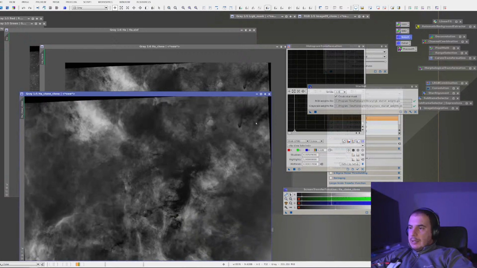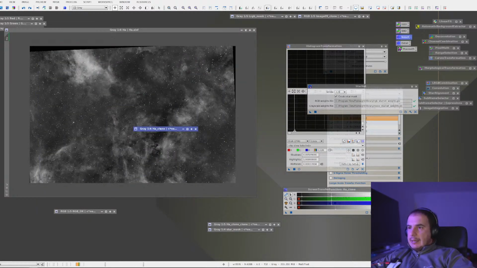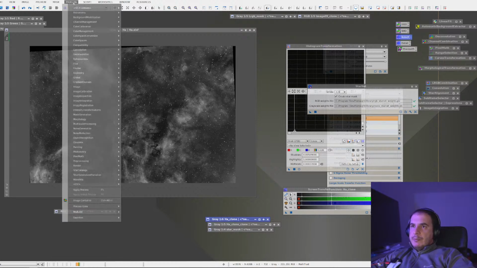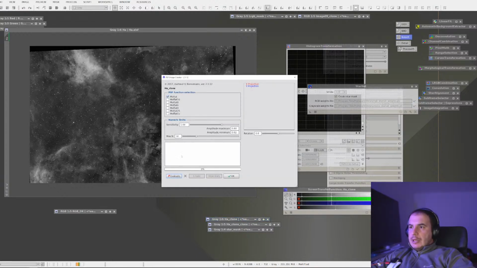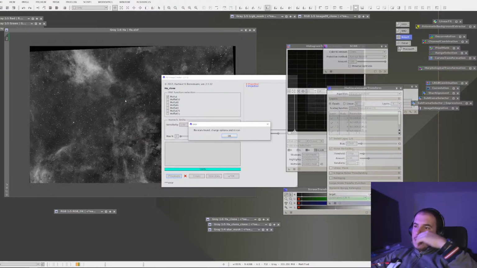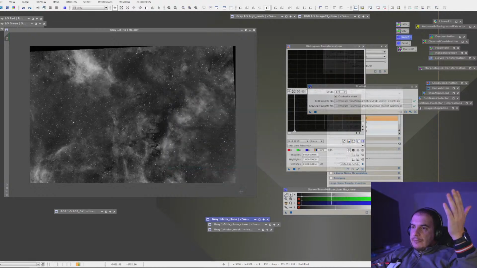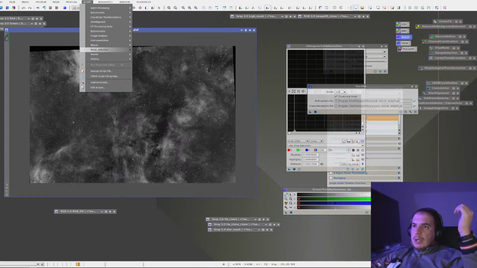Good, so we have the star mask now, the StarNet. As you can see, this is the starless version of the luminosity, let's say, of the H alpha data. I'm going to make a copy. Here I'm going to go back here so that I can use it as a mask. And now what I will do before using the deconvolution is to analyze the image to obtain the star shape that is, let's say, typical of the